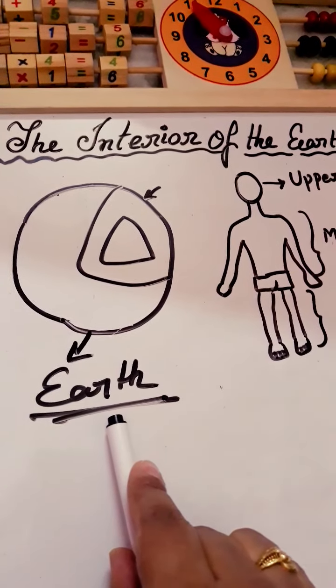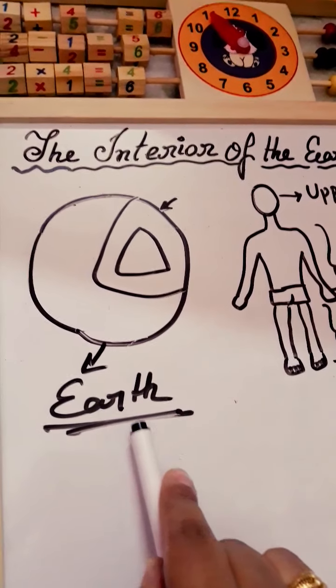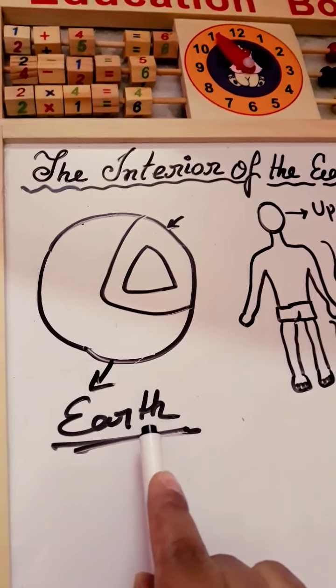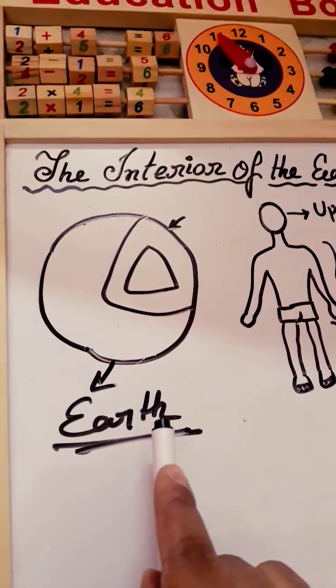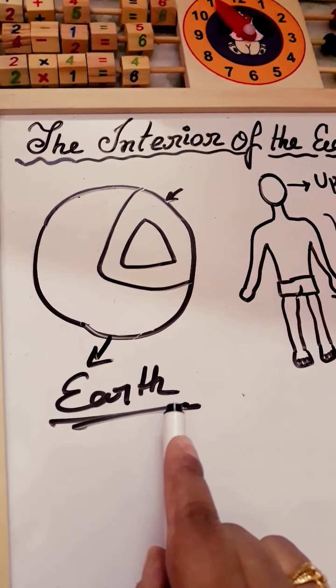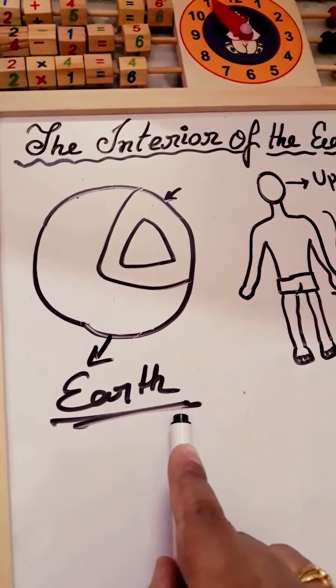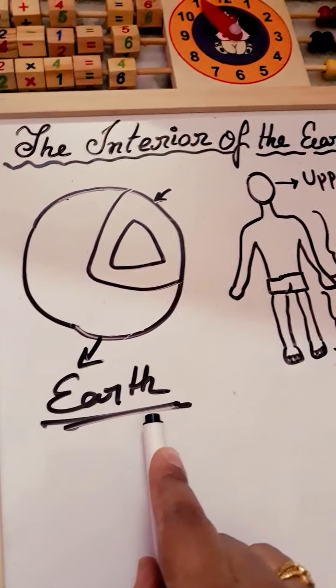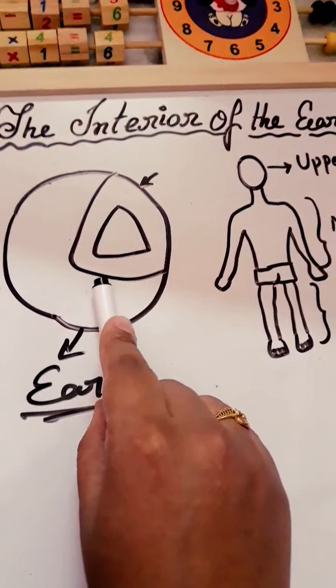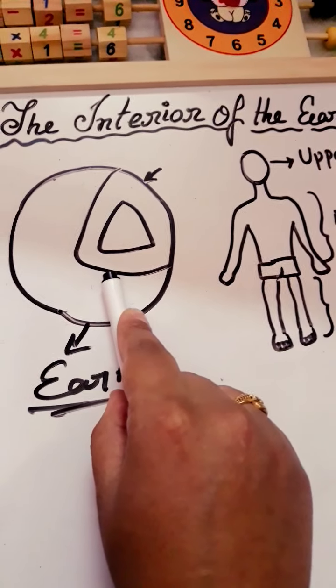And a huge explosion happened at that time in the universe, and that was known as the Big Bang Theory. By that gigantic explosion, our Earth or our universe was formed. In this way, our Earth can be divided into different types of layers. So what are those different types of layers?